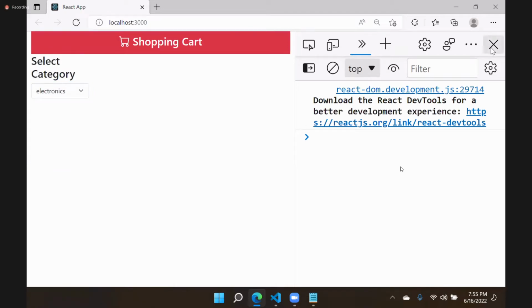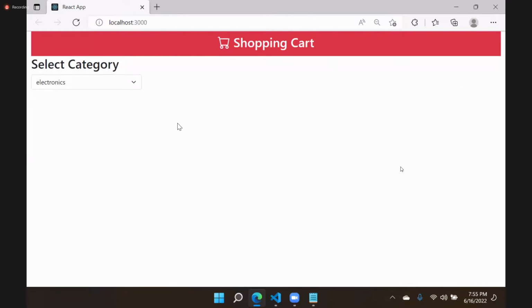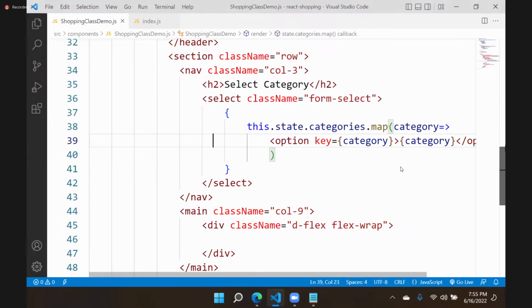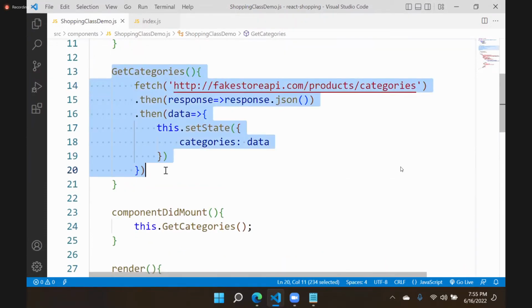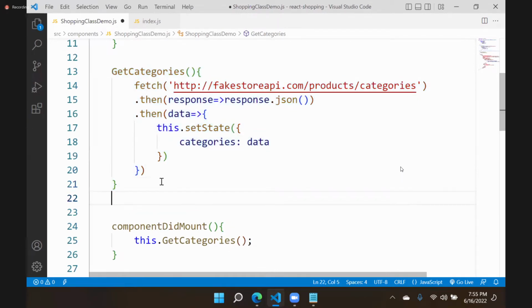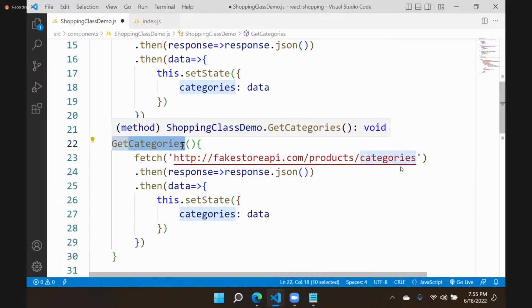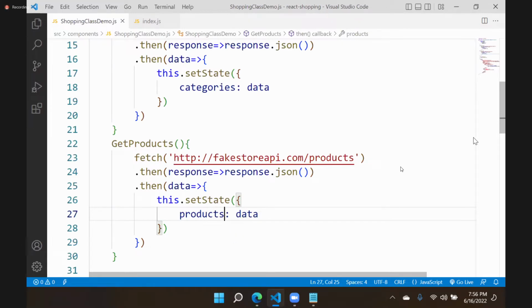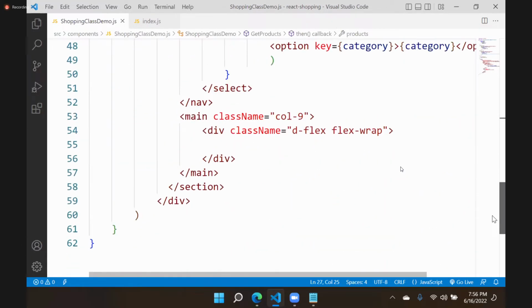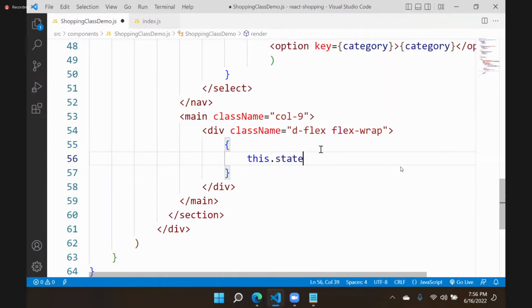Same thing you have to do with the products, right? No need to explain, I hope you can try that also. Now we need another option. Let's copy this, and we need another method, getProducts, which gets all the products. We apply that into the state, whatever data comes. Now we need to display the products here, and we will use this.state.products